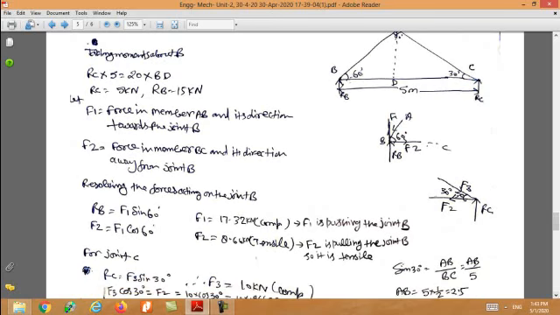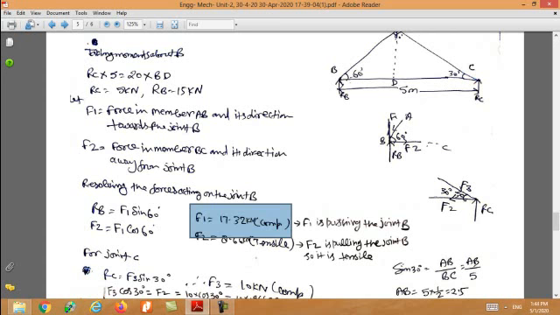So resolving these forces acting on the joint B, so RB, we can resolve these forces in the member AB. So F1 sin 60 is in the vertical direction, and F1 cos 60 in the horizontal direction. So RB is equal to F1 sin 60. So F1 is 17.32 kilonewtons. Okay, so you can see that it is positive.